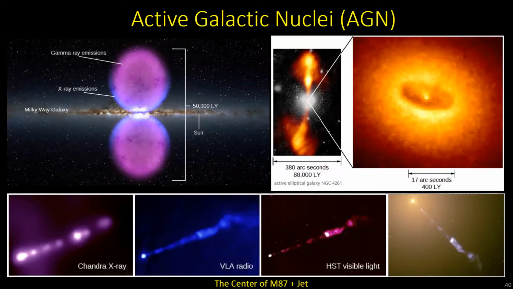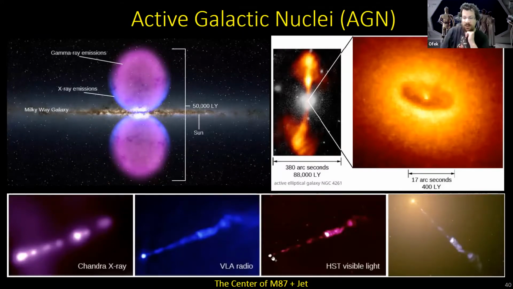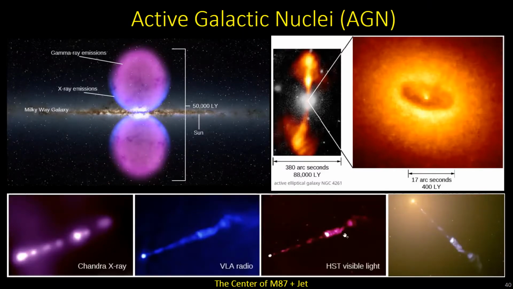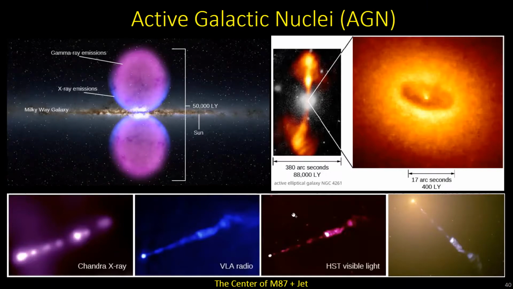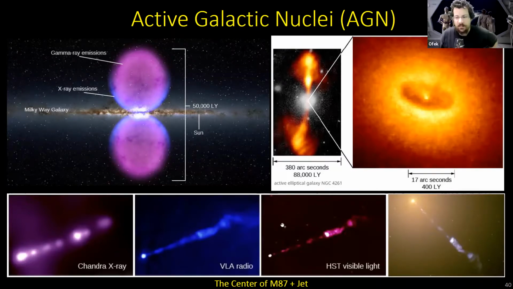But the quasars, the jets, are they visible? I mean, are they in the visible range? It depends. So for example, here you see M87, and we have a visible image. This is Hubble Space Telescope, and this is non-filtered. I mean, it's in the visible range between 400 and 700 nanometers. Yes, this is visible light.